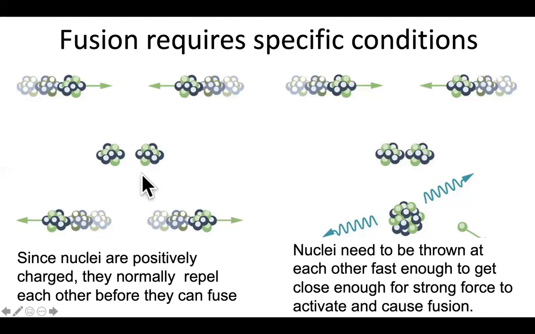So if they don't get close enough together, they'll just fly apart. They won't undergo the reaction and release the energy. You have to throw these things in at high enough speed, or push them hard enough, that they get close enough to each other for those strong forces to take over and convert two nuclei into one. That will result in a release of energy in the form of light or particles or other things.